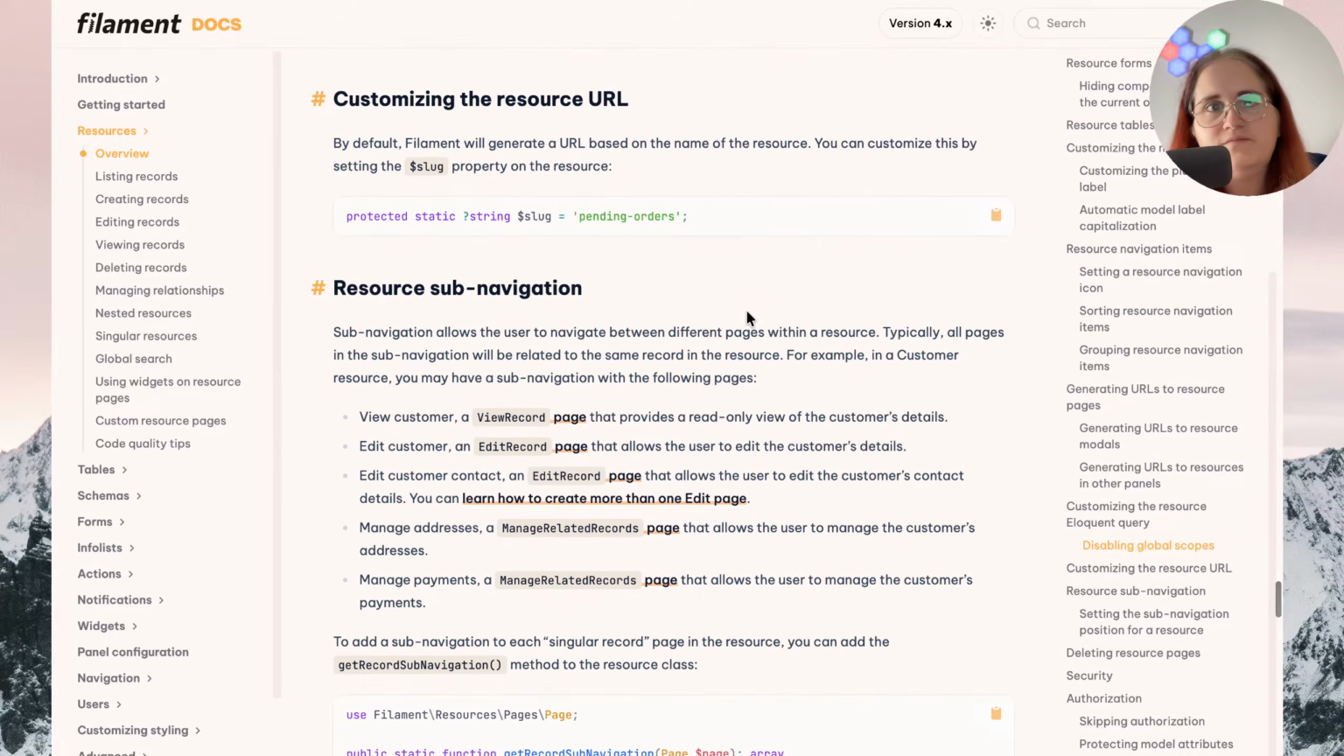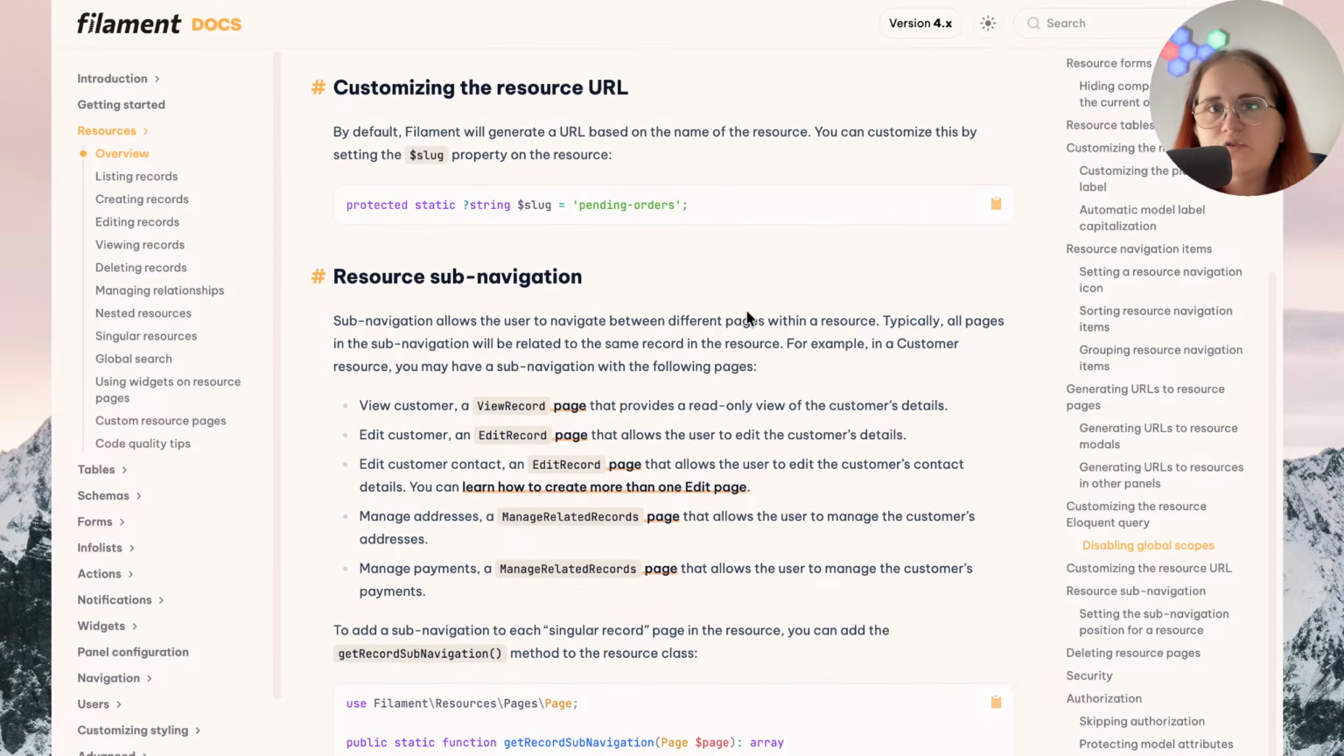Customizing the resource URL. By default, Filament will generate a URL based on the name of the resource. You can customize this by setting the slug property on the resource. Protected static ?string $slug = 'pending-orders';